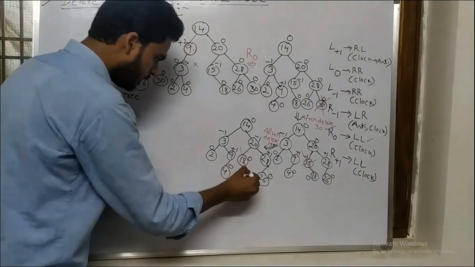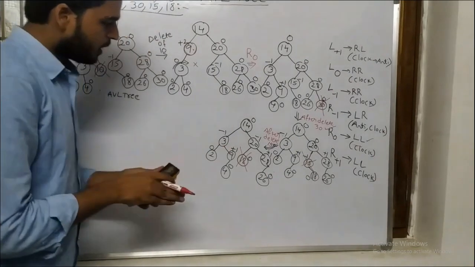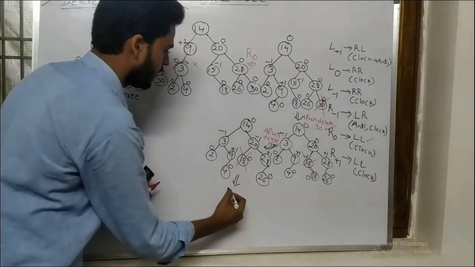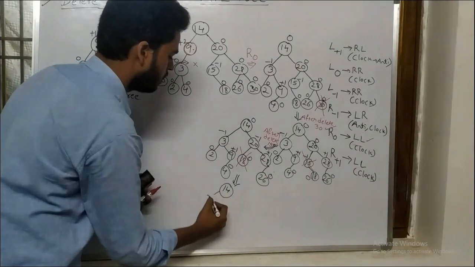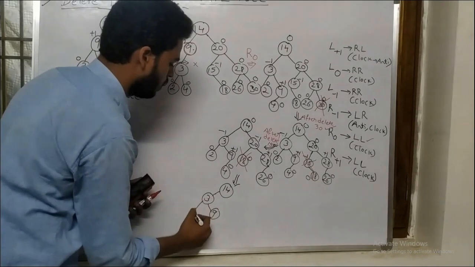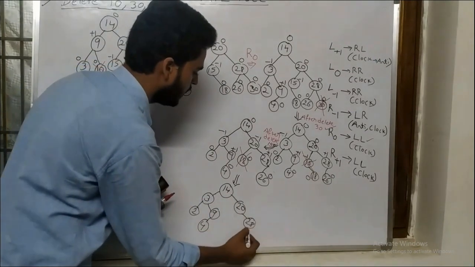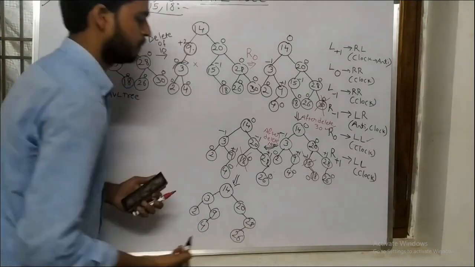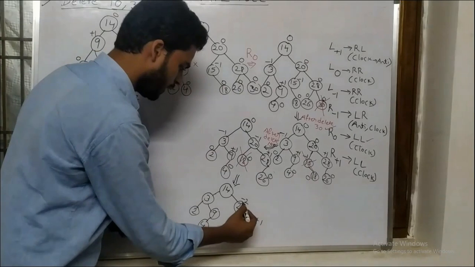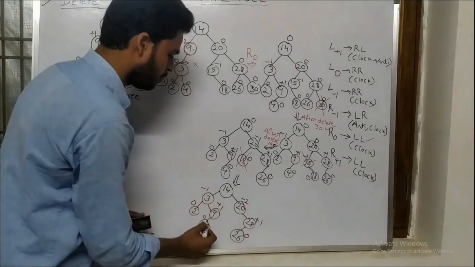If I am going to delete this 18, what will happen? This subtree will become imbalanced. Just look. Okay, look. 14, 3, 9, 4, 2, 20, 28 and 26. Now calculate: 0, plus 1, minus 2. This is minus 1. I mean the left subtree won't affect anything.